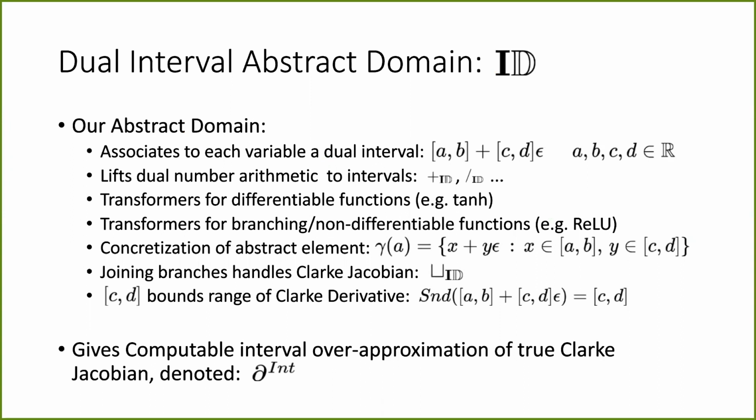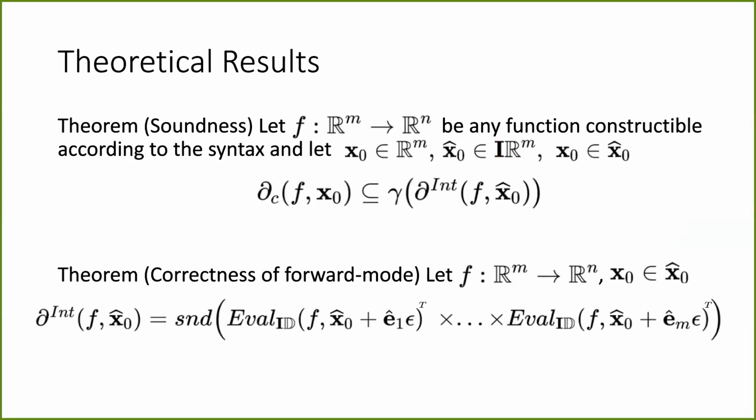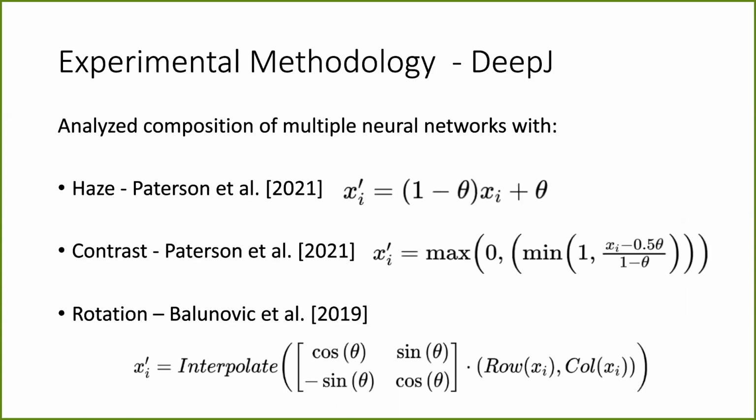Our abstract domain pairs dual numbers with intervals and provides sound transformers for all arithmetic operations and primitive functions. Furthermore, we employ a special join operator to soundly handle the Clarke Jacobian of non-differentiable functions created from branching. Hence, these semantics soundly over-approximate the true Clarke Jacobian. We formally prove the soundness of our abstract semantics, as well as the correctness of the forward mode computation in the paper. We implement our approach in a tool called DJ and analyze several well-known perturbations, specifically haze, contrast variation,